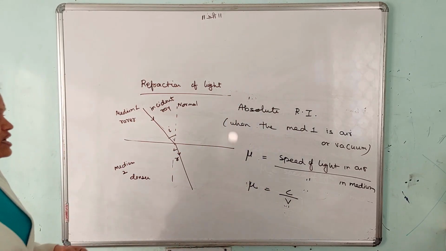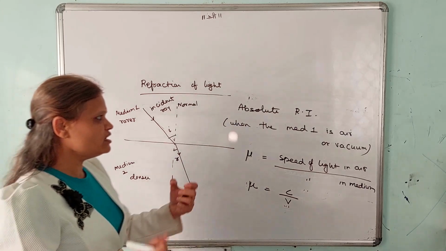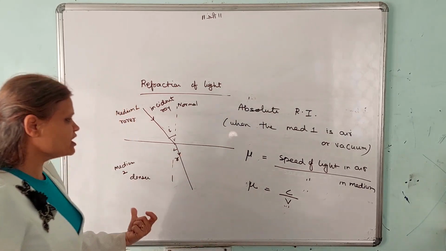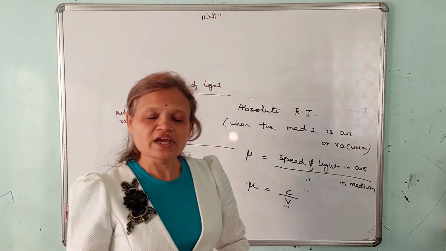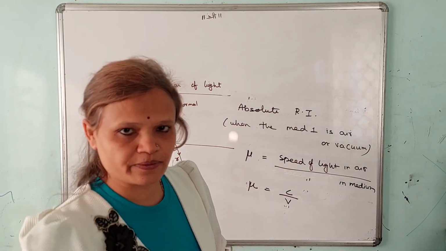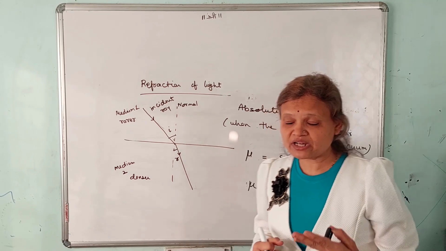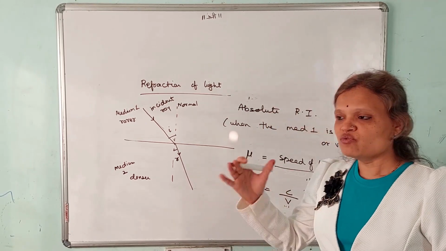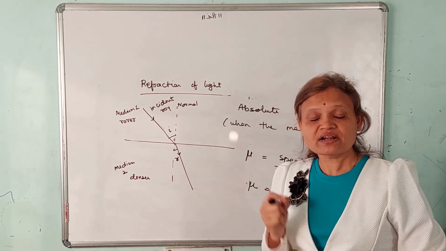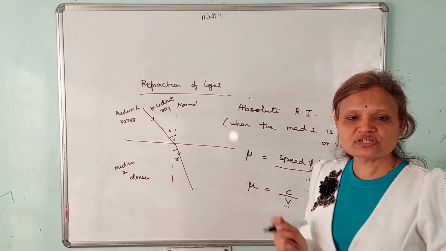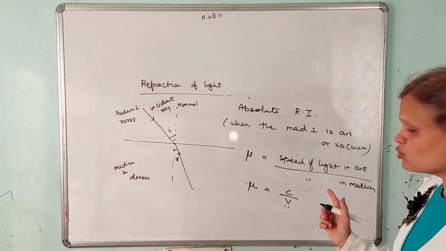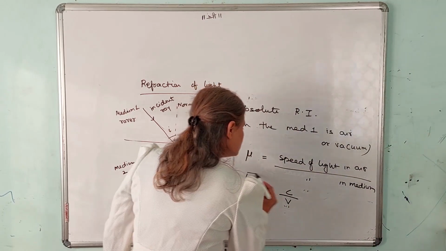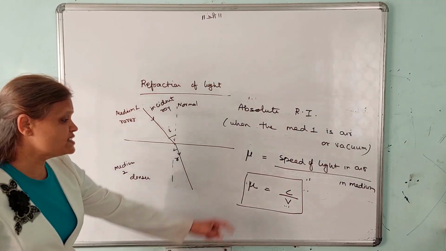So in this case, when medium 1 is air, we just say refractive index. Suppose the second medium is glass, then when I say refractive index of glass, it means it is with respect to air. If we say refractive index of glass with respect to water, I will have to mention that. But if I don't mention it, and just say refractive index of glass, that means it is with respect to air, and that means it is the absolute refractive index, which we write as c by v.